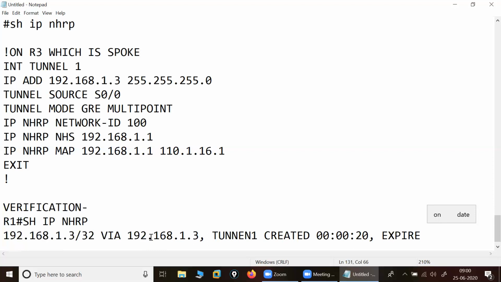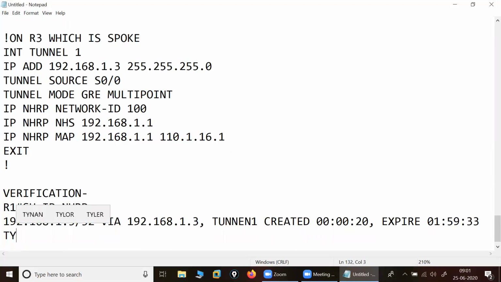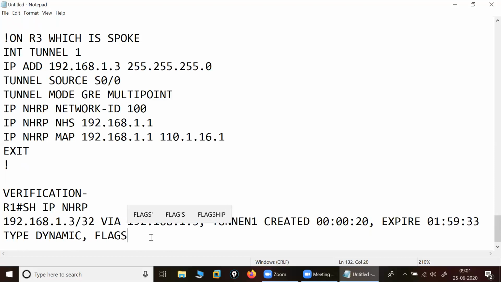Something like 01:59 and 33 seconds I have given. Okay, I will write here type is dynamic, dynamic entry. Okay, and flags will become, you should write here, that's automatically it should be,